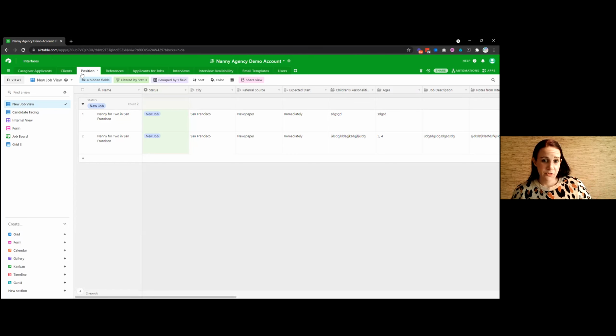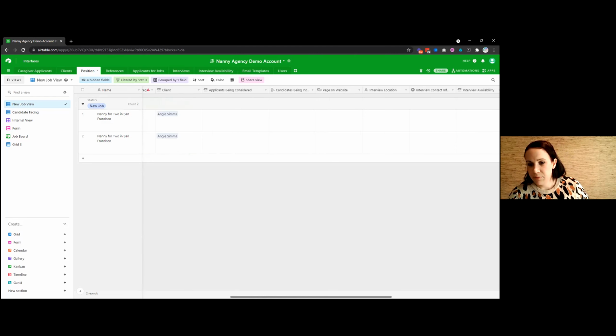So trying to keep those positions within the clients tab doesn't always make sense, because in the domestic staffing example, if a client has a new child, they're going to need a newborn care specialist. They might need a regular nanny. They might need a backup nanny, and they might also need a housekeeper. Or if you're working with ultra high net worth individuals, you might have to worry about drivers or chefs and things like that. So you have to make sure that one client might mean multiple placements. So you have this relation between the clients, the positions they're trying to fill, and then